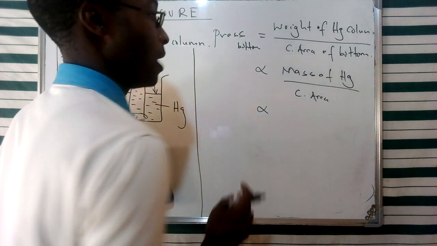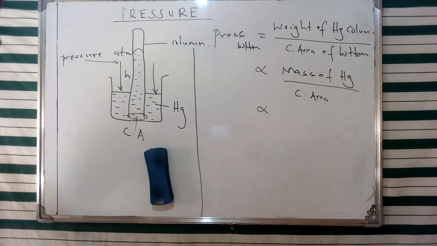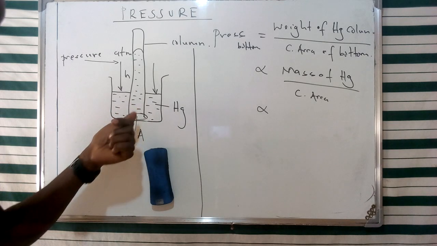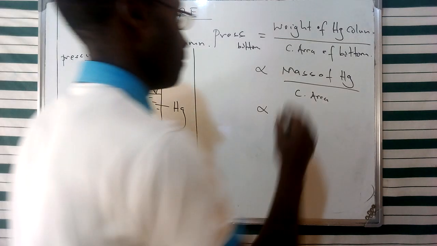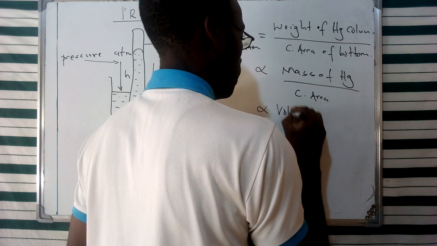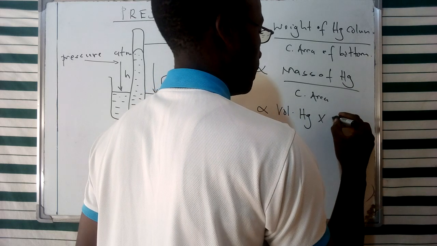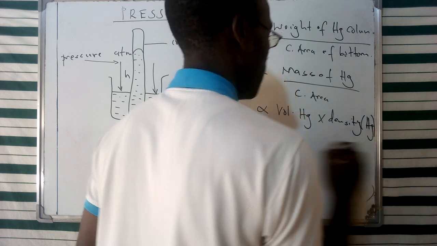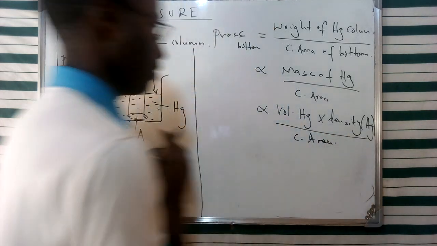one. So from our study on the concept of mass, we said that we can obtain mass of a substance by finding the product of its volume and density, especially when we're dealing with a liquid such as the mercury liquid that we're having in this case. So we shall have mass given in terms of the volume of mercury times the density still of mercury, and then this over the cross-sectional area at the bottom of this specific column, as I have